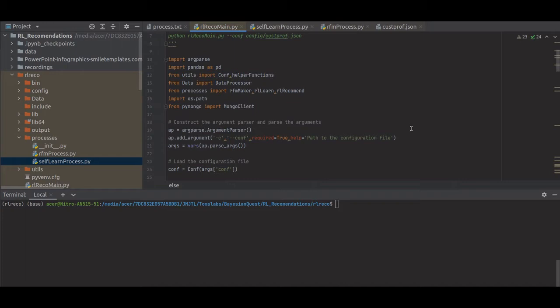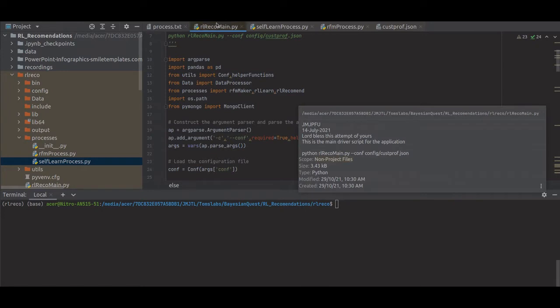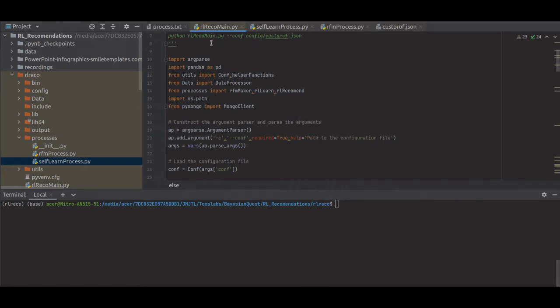So let's first of all open this Python file. Name it rlreco main.py, and we have already started importing all the necessary packages. For example, these are your custom classes which we have implemented: utils, conf and helper functions, data processor, and the processor rfmaker, rlrain, rlrecommend.